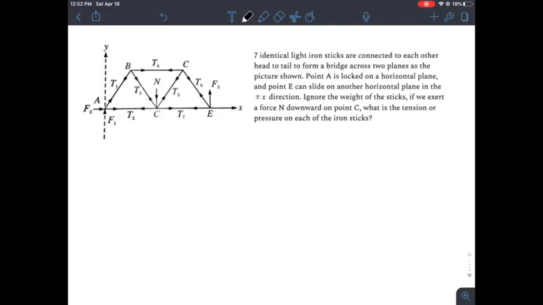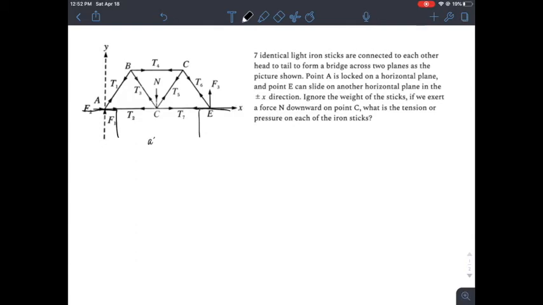So today we have 7 identical light iron sticks that are connected to each other head to tail to form a bridge across two planes, as pictured. Point A is locked on a horizontal plane and point E can slide on another horizontal plane in the positive and negative x direction. Ignore the weight of the sticks. If we exert a force N downward on the point C, what is the tension or pressure on each of